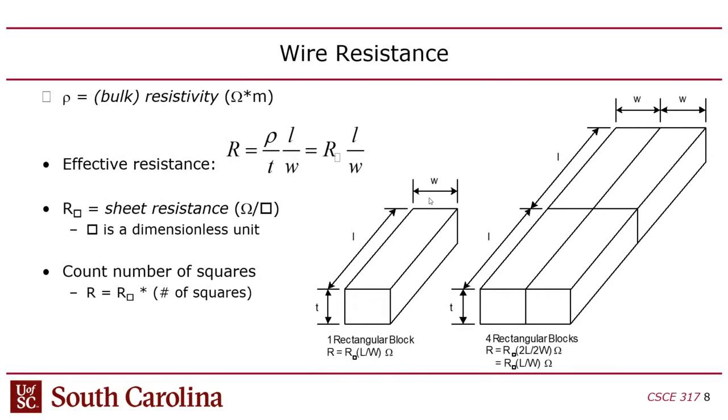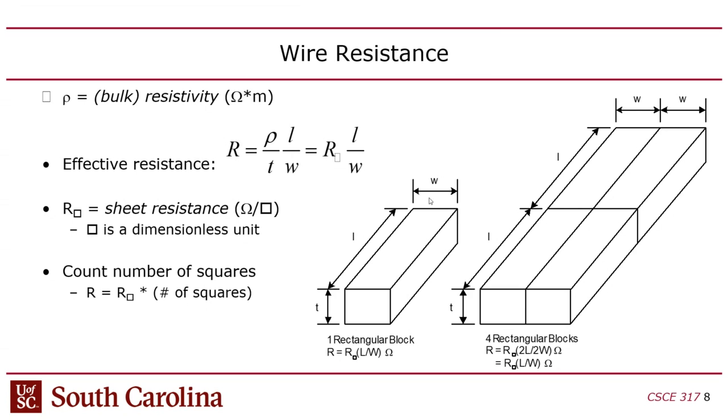Now, a lot of times they'll take the rho. See, the thickness is usually fixed, though. As a designer, just like the oxide thickness when you calculate beta for a transistor, you can't control the thickness. That's something that TSMC or Samsung or GlobalFoundries or Intel, whatever company is making the chip, they're going to tell you what the thickness is. You can't control that. That's part of the fabrication process. Likewise, rho, you can't control that. So you might as well take rho and T and just put them into their own constant term, their own magic number, as Charles would call it, which is called the sheet resistance,